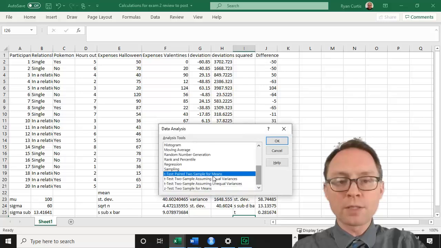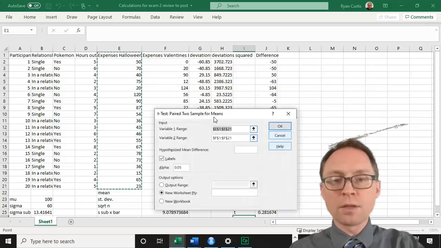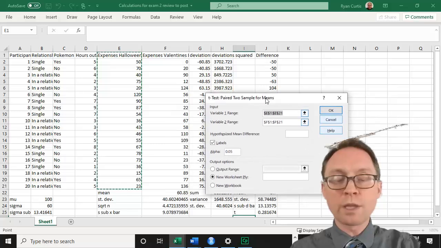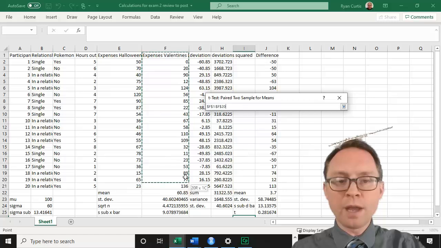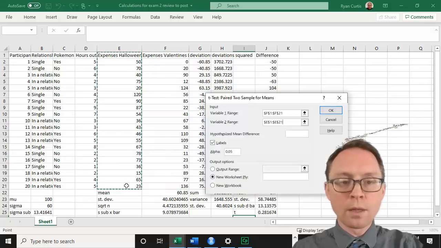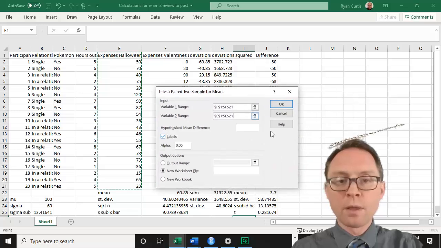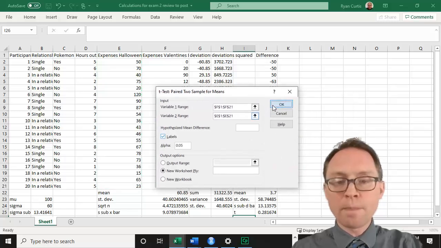Under Data Analysis, you have t-test: Paired Two Sample for Means. When you click on that, you can tell it which ones you want, and you use the original data for this. So I want to compare Valentine's Day to Halloween. I've included the labels here, and I've told it that right there. So when I push OK,